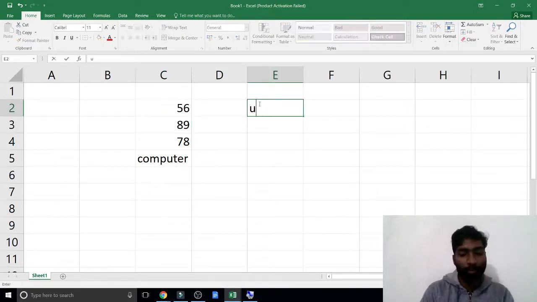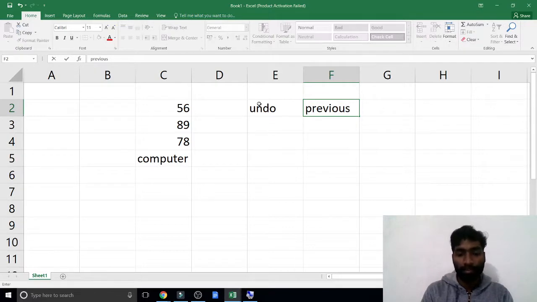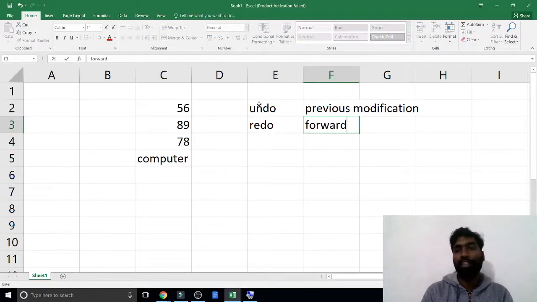Again I'm saying, undo means going to the previous action, the previous modification. Redo means forward, forward the undo.